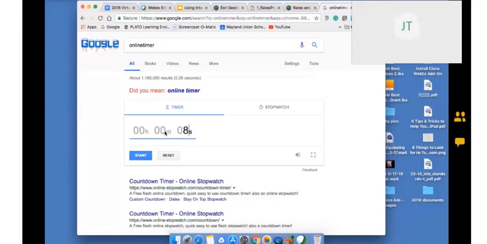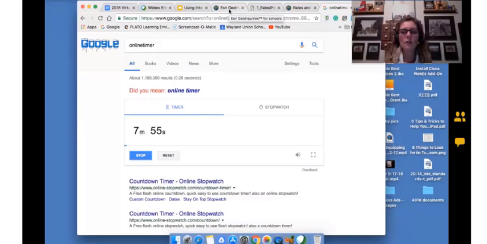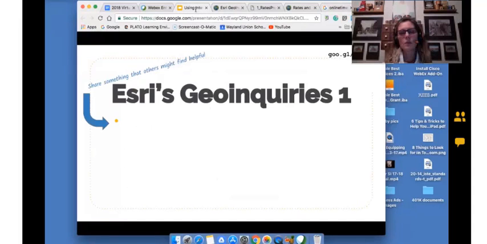Hey, Cheryl, while I'm kind of looking around at the Esri Geo Inquiries, can you tell me more about, is Esri the organization? Yes, Esri is the organization, and it's kind of like there's something called ArcGIS. So ArcGIS is part of Esri, and basically